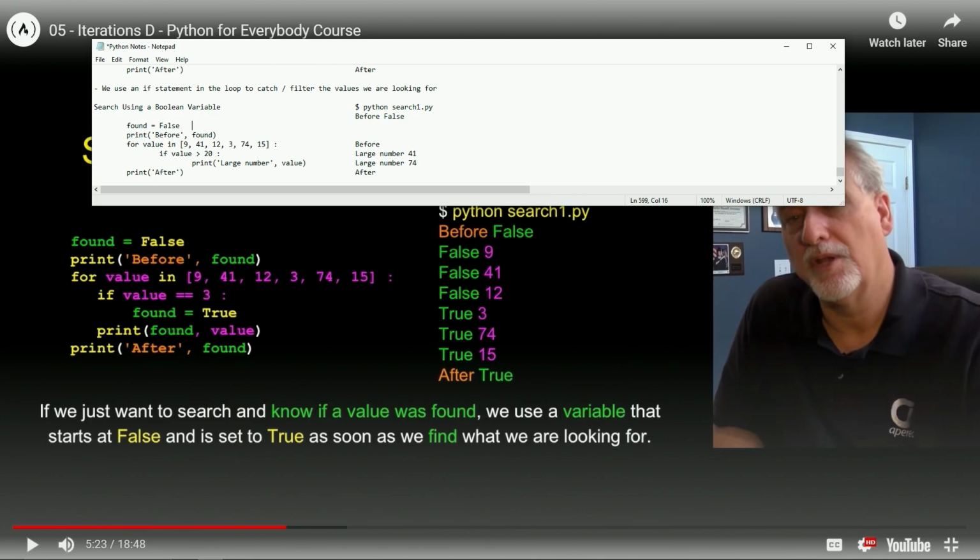All right. So now let's get into the loop part. So for value in this list, if value is greater than, no, we haven't even done this yet. So let's get rid of this. If value double equals 3, all right, we're going to say down here,